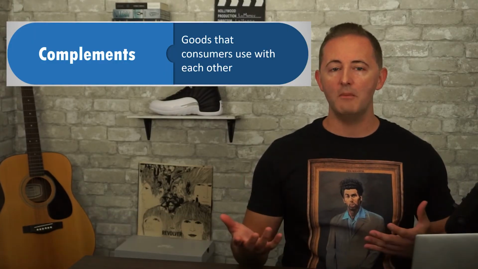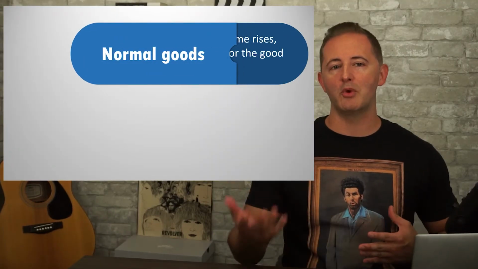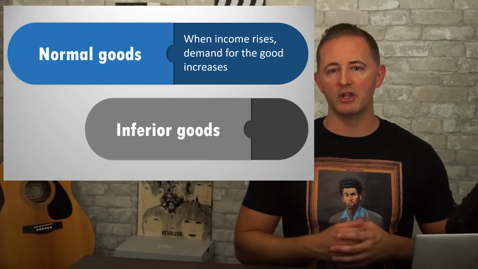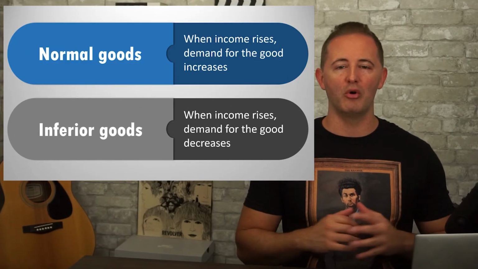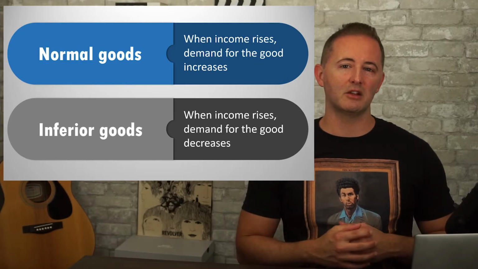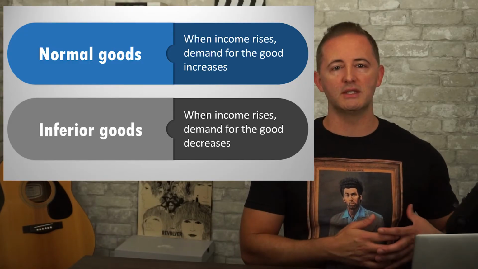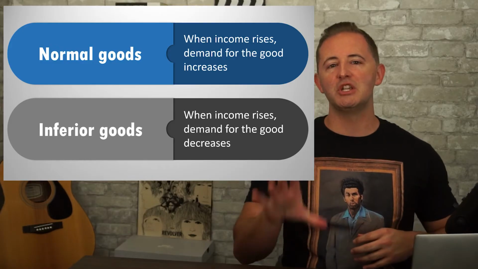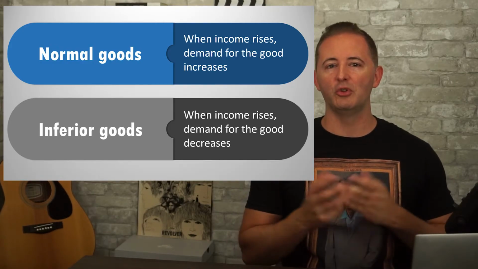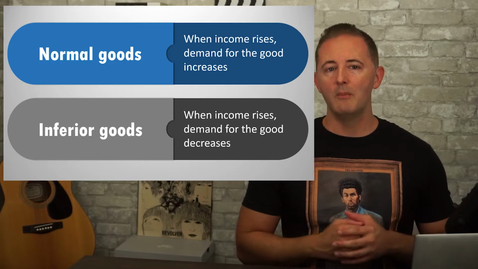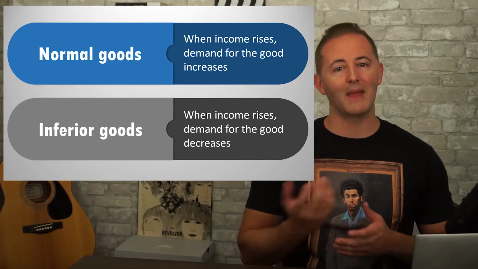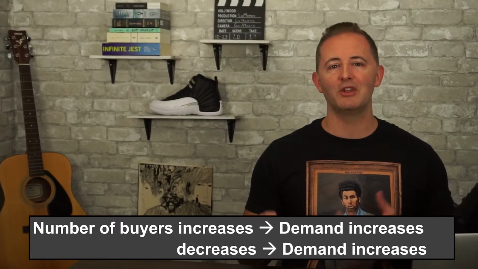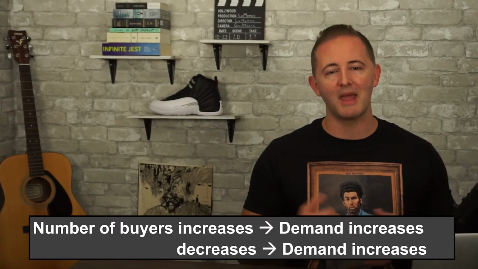Next is changes in income. If it's a normal good, the more income we have, the greater demand will be. Some goods are known as inferior goods though, so this doesn't always hold. As a person's income rises, their demand falls for inferior goods, but their demand increases when their income falls. Think of things like generic brands at the grocery store. If you lose your job, you still have to eat, right? But maybe you pick cheaper food, and that's the idea here. When the number of buyers increases, the demand increases, and if the number of buyers decreases, demand decreases.